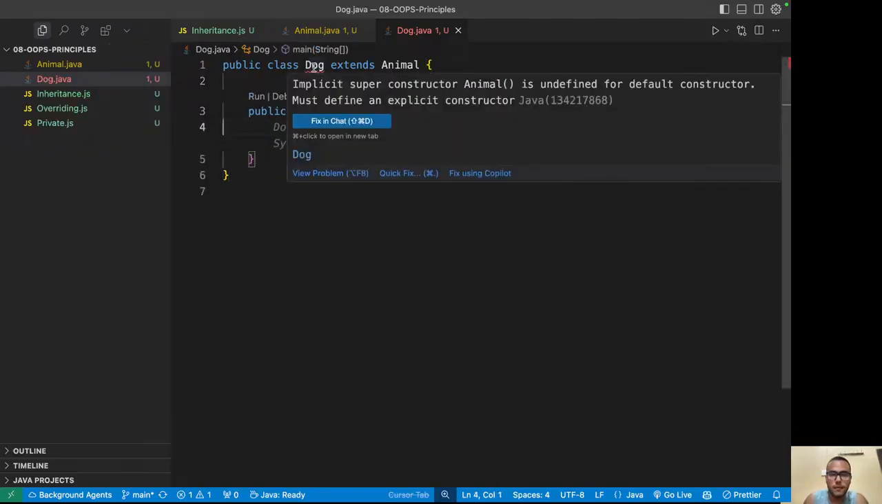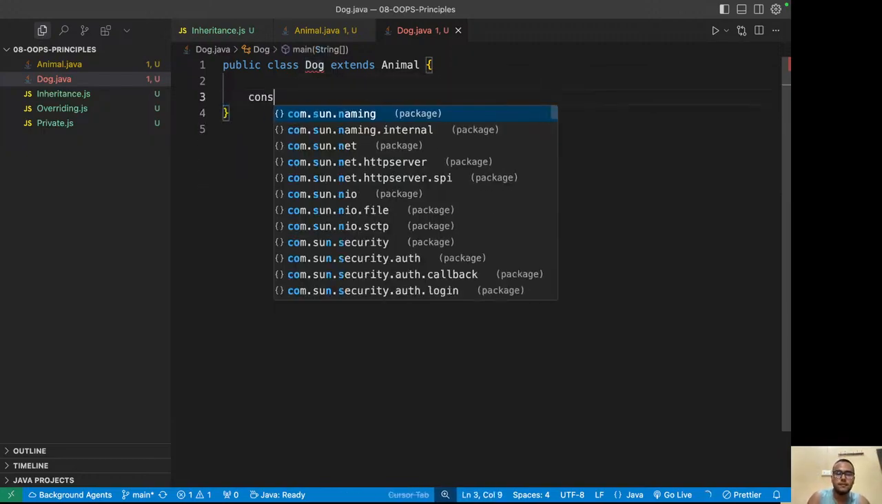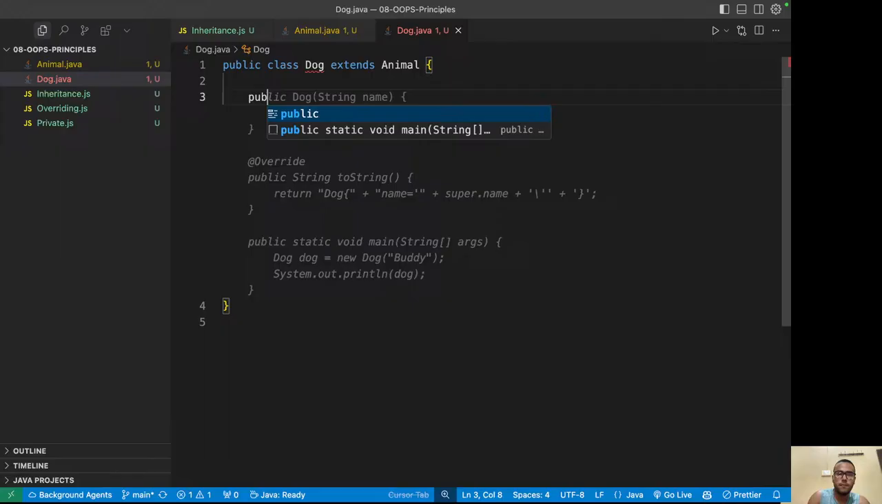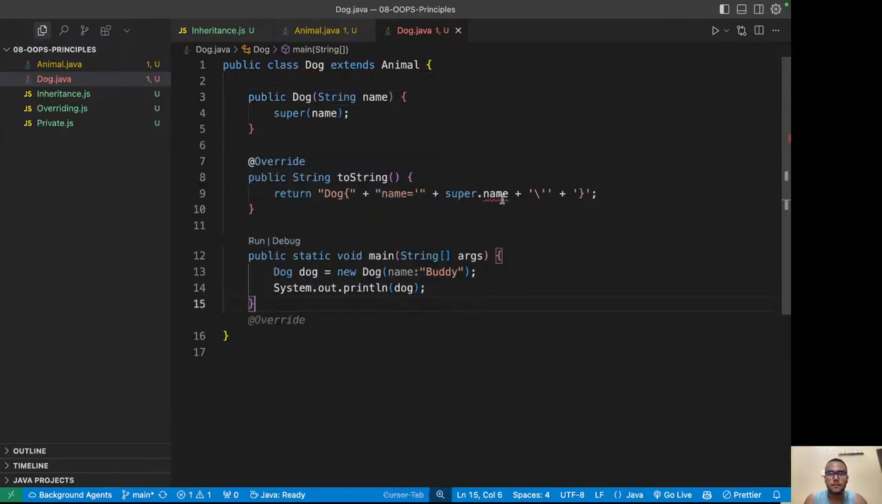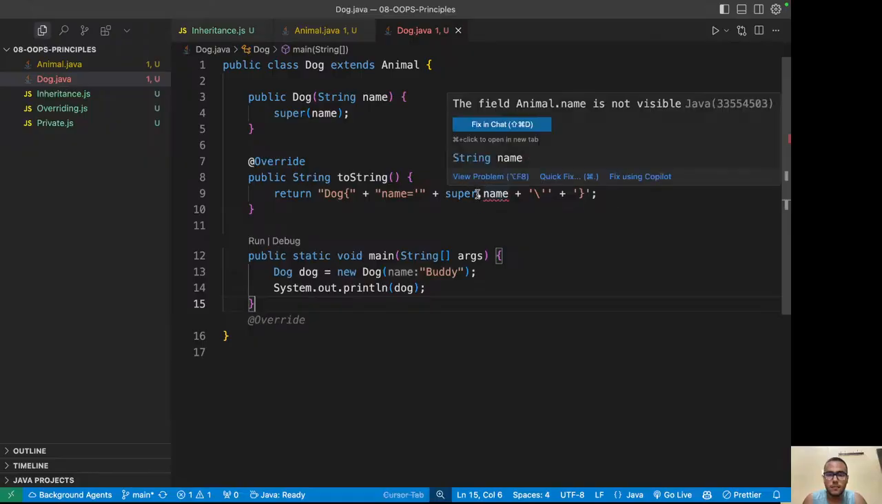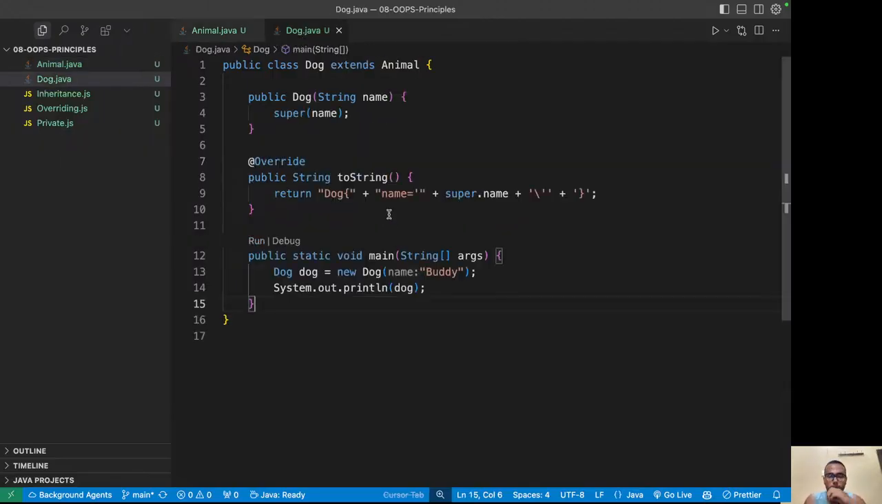What just happened? Implicit, okay. So we need to define the constructor, public. Okay, we need to define it as public to expose it to the other classes, right. So this is how